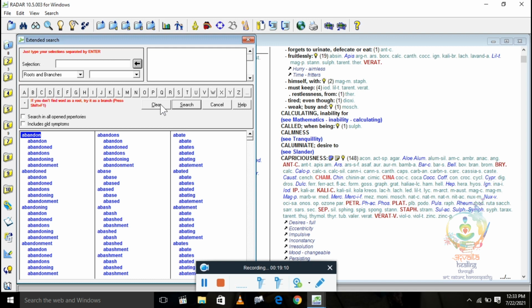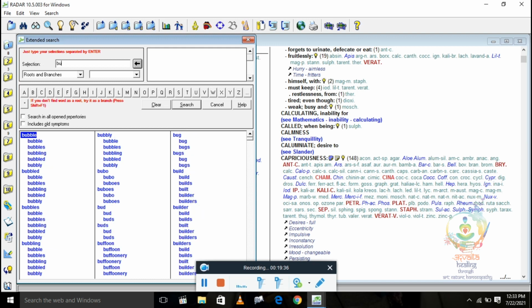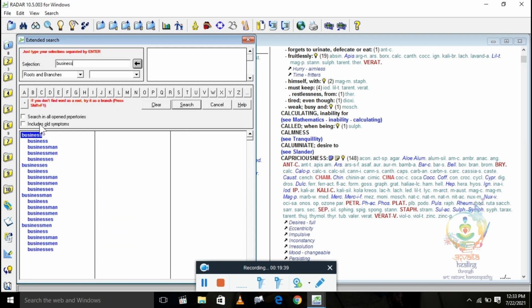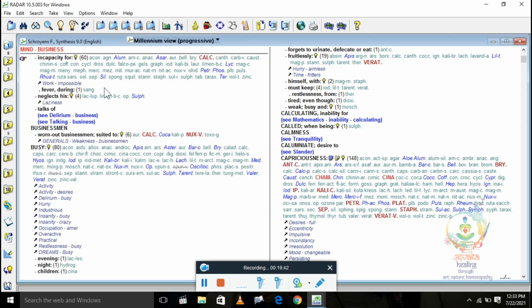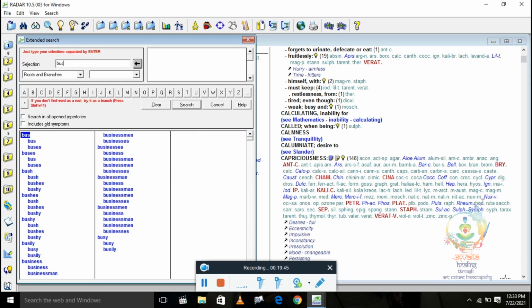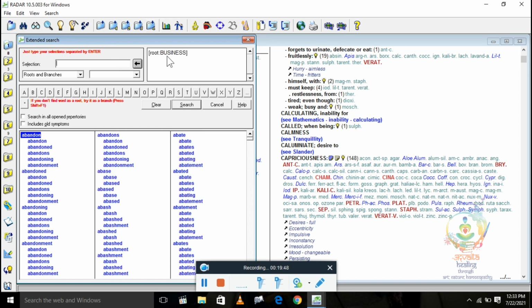Okay, so let's see, if you want to search a particular word, like the patient has told you something like his business is not going well and he has anxiety about money and all, but you just want to see rubrics based on the word business, you can just type here business, press enter, it will get added here and you can just search.